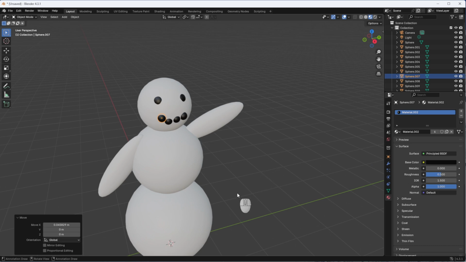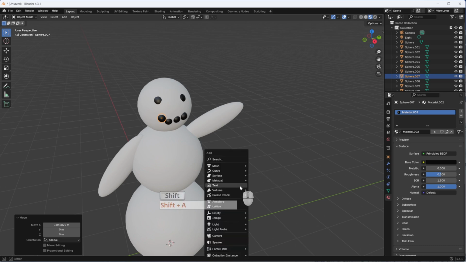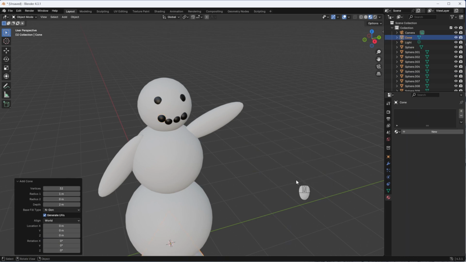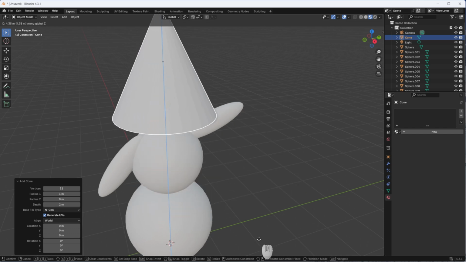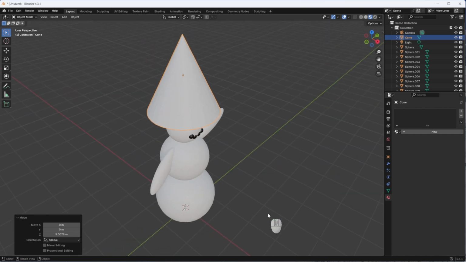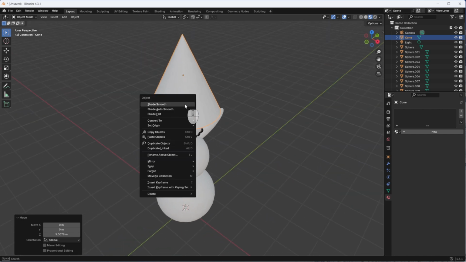So I need a carrot. Where is a carrot? Let's see, Shift A. There is no carrot, but what we have is a cone, which can be useful for this. So I go up, this G, Z again, I go up. It looks like a hat at the moment, and it's faceted again,